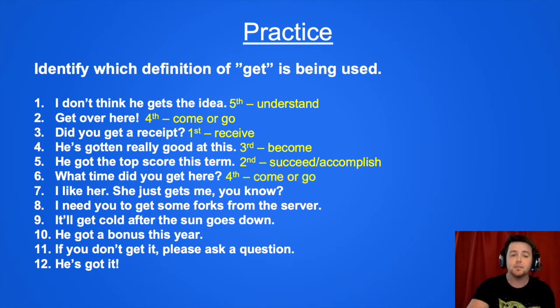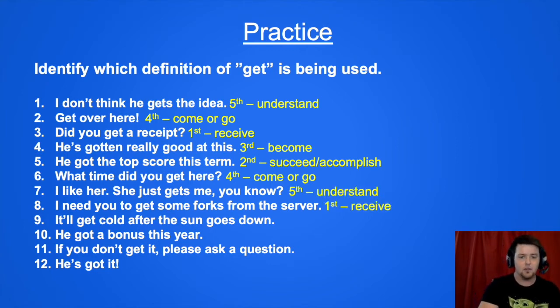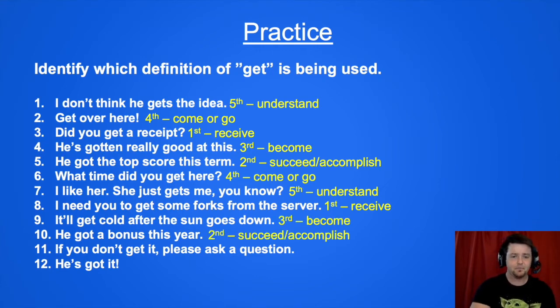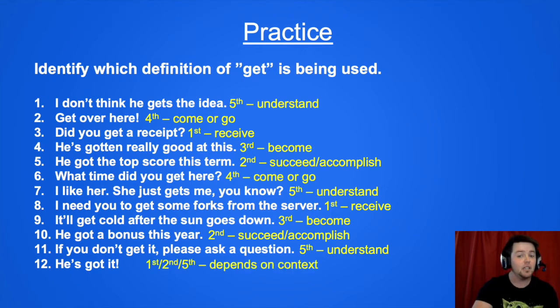So number 6 is come or go. Number 7, understand. Number 8, receive. Number 9, become. Number 10, succeed or accomplish. Another word might be achieve as well. Number 11, if you don't get it, please ask a question. Understand. And the last one,